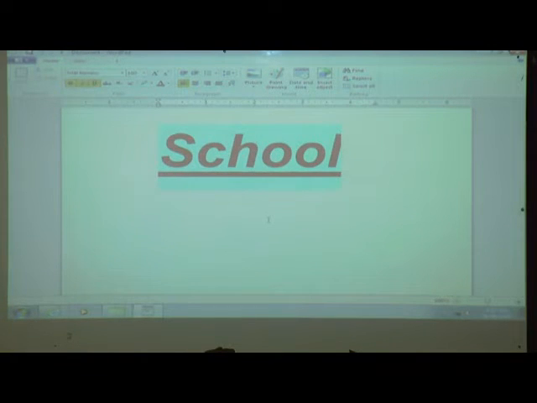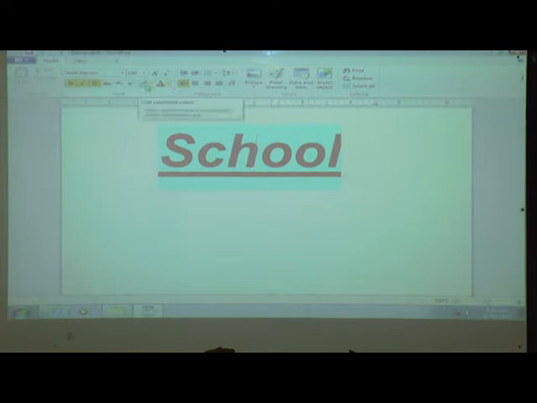Now next one is, till here everyone understands? First one is what? Font. It is useful for font style, then font size, then bold, italic, underline. Next one is for giving text color.